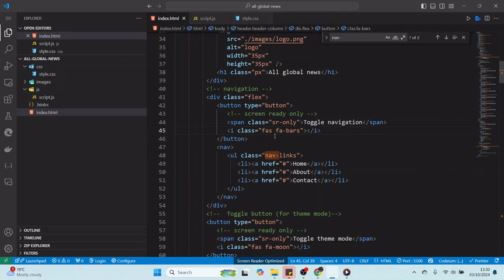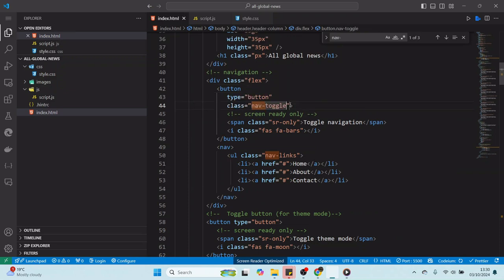All right, so we added a class screen reader only, so this is for the screen reader only, so it won't be visible. But we also add a class to show the bars. All right, so we added that icon to show the bars. Sorry. So we want to add a class here,